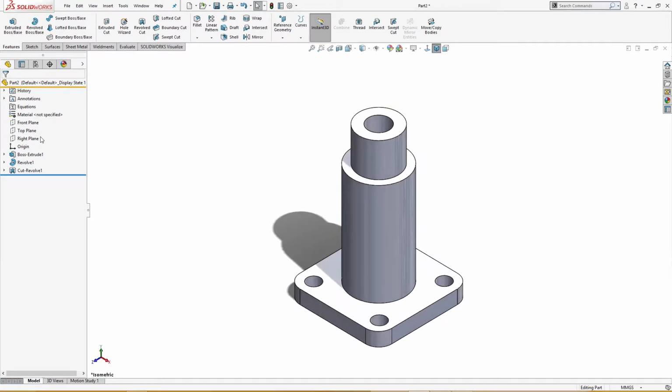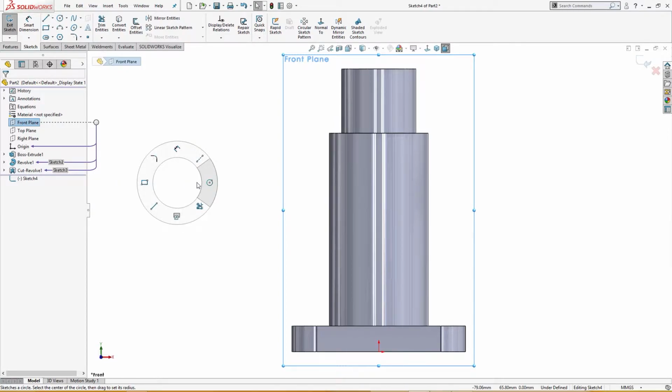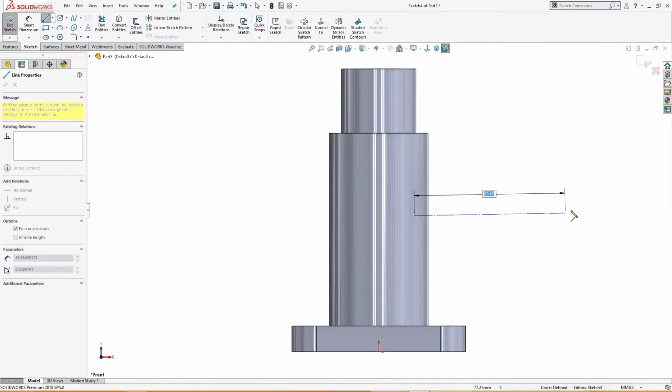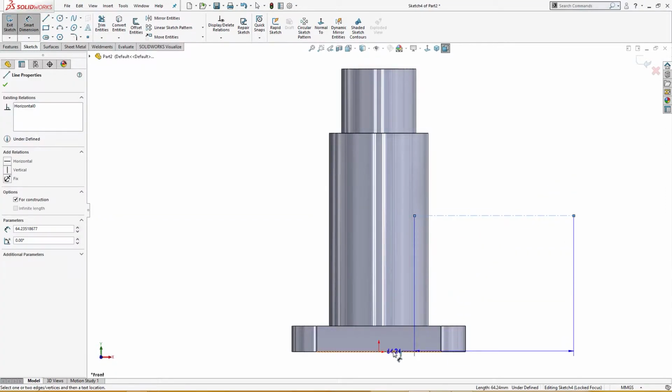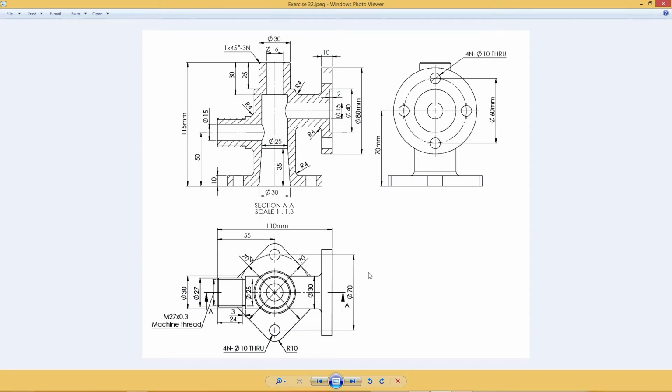Okay, now on the front plane I will draw a sketch. Center line first, and I will give it a dimension. From here to origin is 70 millimeter, like so. This is 70 millimeter from here. I am making this part here, and this is 70 millimeter here, and 10 millimeter this,